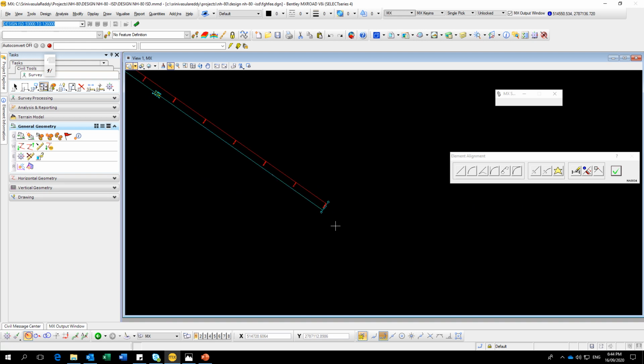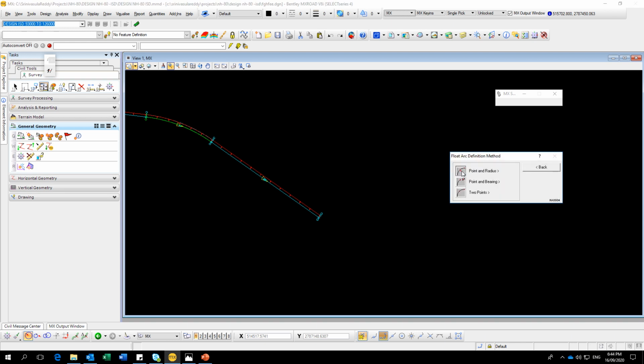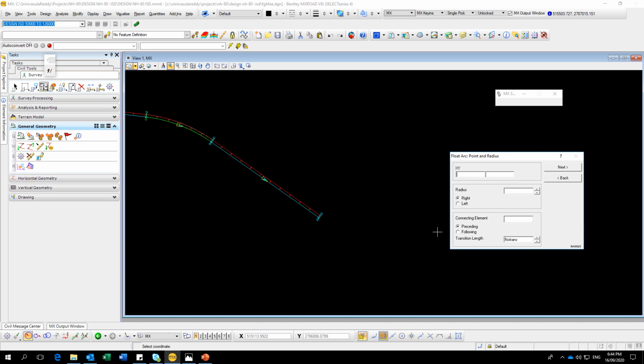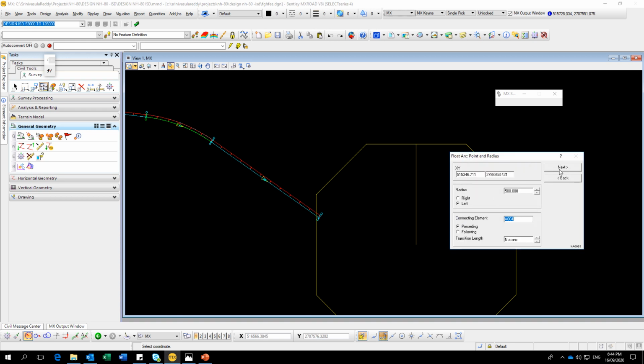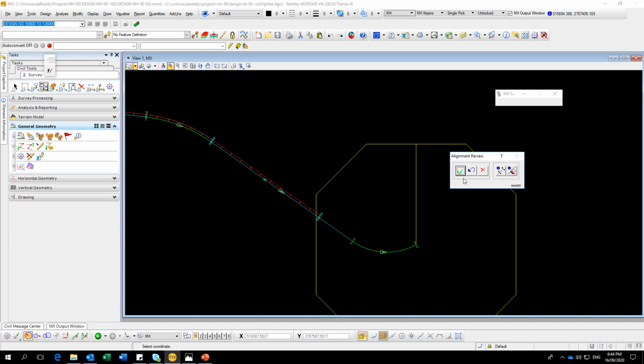Now if you want to add a curve again, just click here, point and radius, some nearby curve, end of the curve, and then radius around 500. The connecting element is this. Then select left. See, that's it.